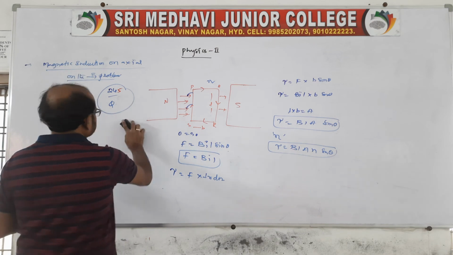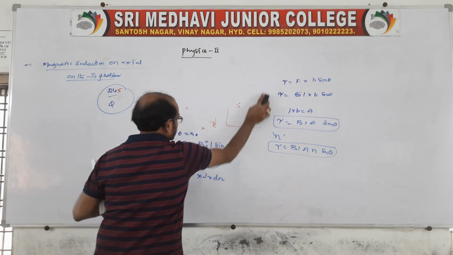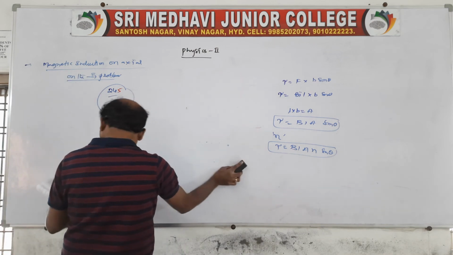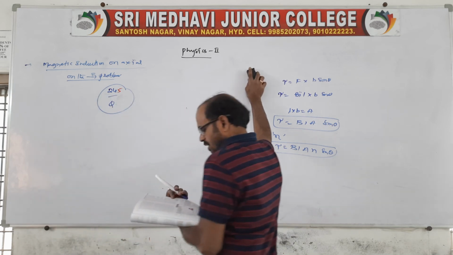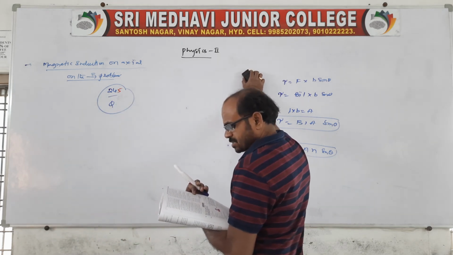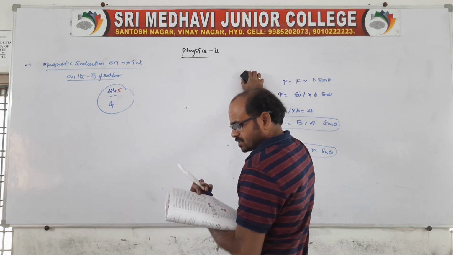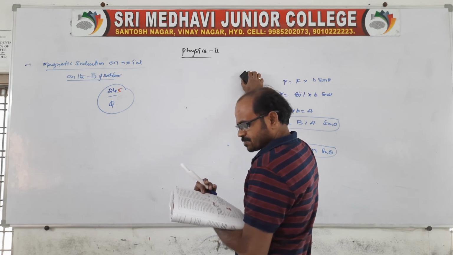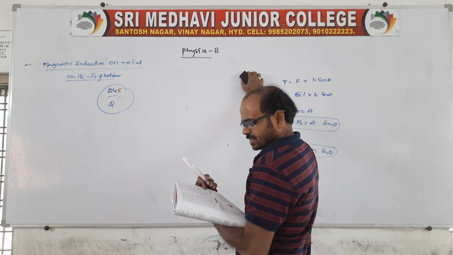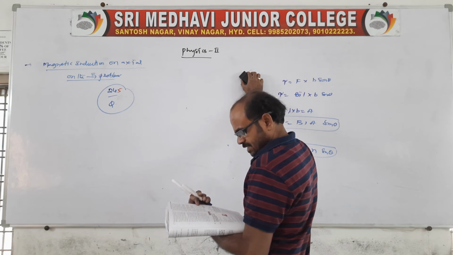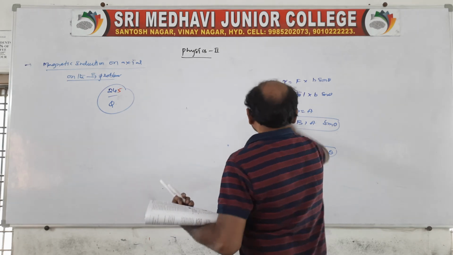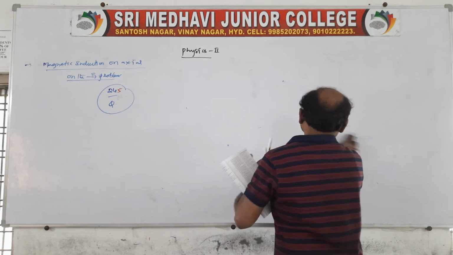See, second question, same page number. On the basis of the same formula, a coil is given with 20 turns, an area of 800 mm square, and carries a current of 0.5 ampere. It is placed in a magnetic field of intensity 0.3 Tesla with its plane parallel to the field. What torque does it experience? Clear? You take the same formula and use this.